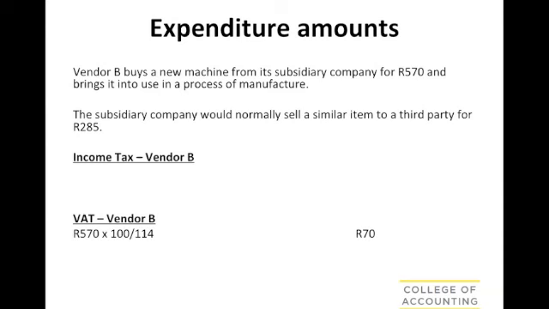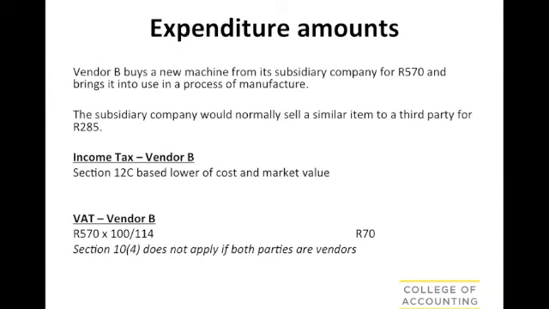Let's do the VAT first. The VAT on this transaction for vendor B is 70 Rand. It's calculated on the 570 Rand actual cost incurred by vendor B. Section 10.4 again doesn't apply to this transaction because both parties are vendors. On the income tax side,